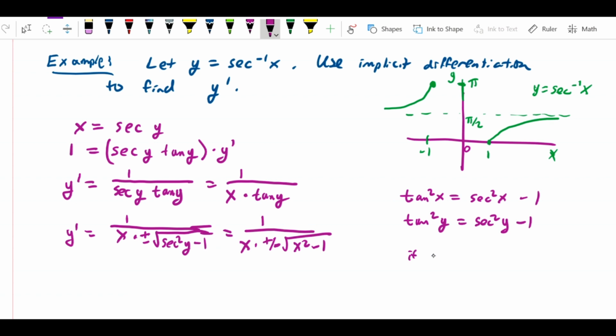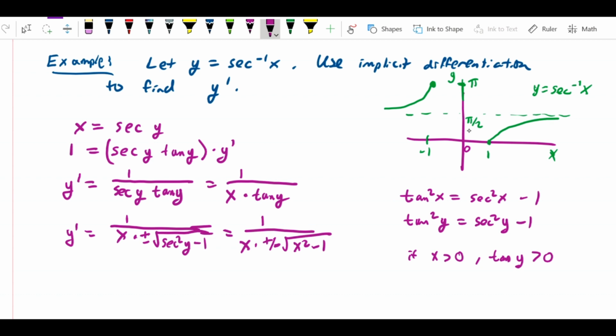So if x is greater than 0, technically it'd be greater than 1, but the point is if x is positive, then tangent of y is greater than 0, because any angle in the interval 0 to pi over 2 has